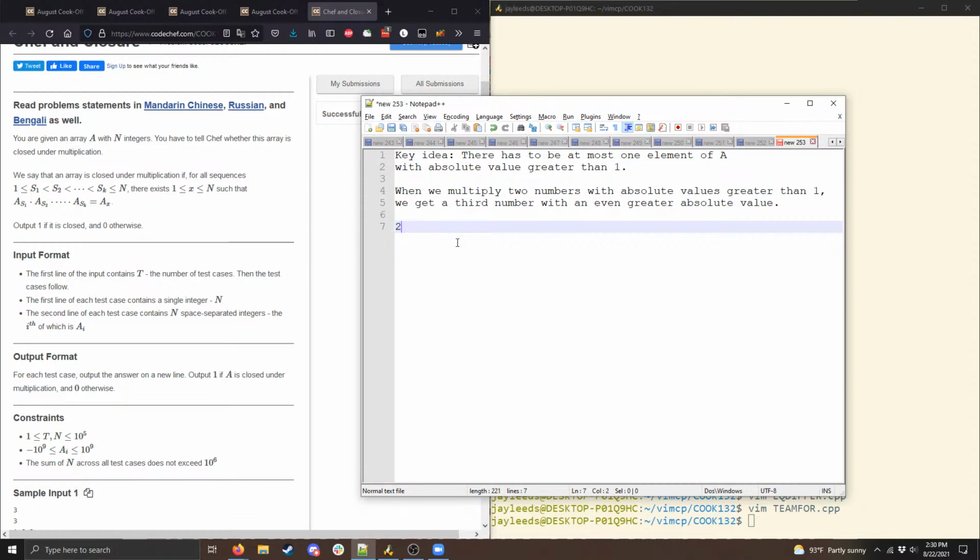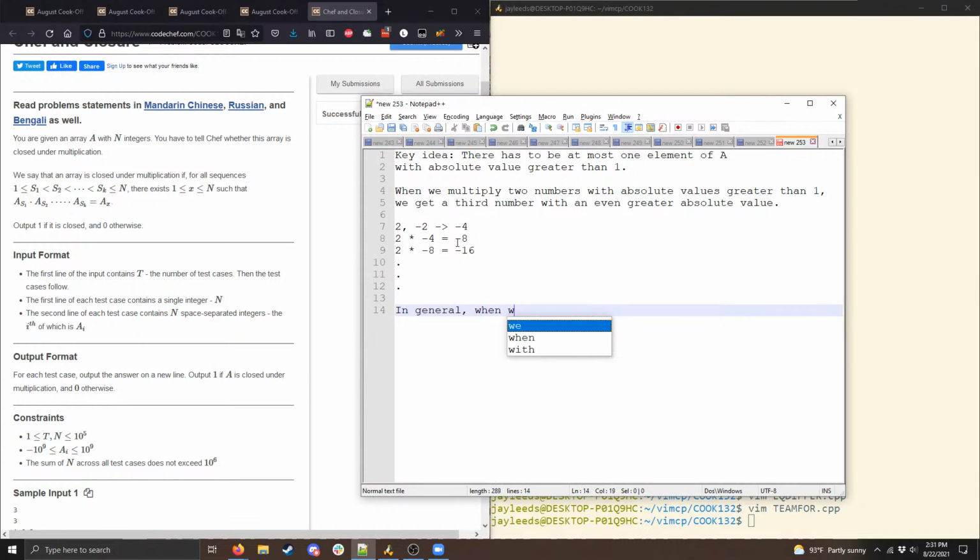And so for example, if we have 2 and -2 in our set, then that means -4 has to be in our set. But then that means 2 times -4, or -8, has to be in the set. So 2 times -8, or -16, has to be in the set, and so on. And so in general, by repeatedly multiplying